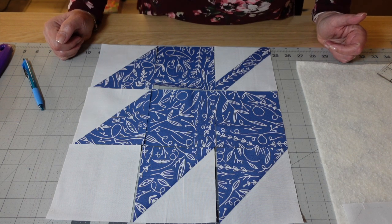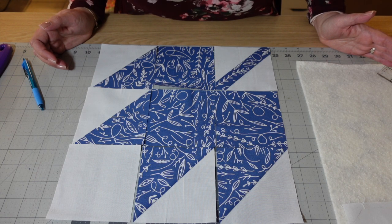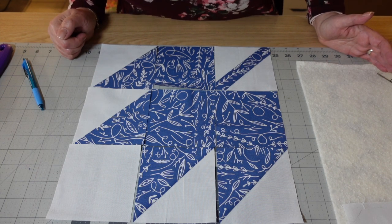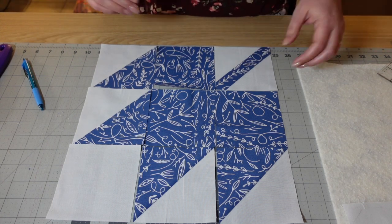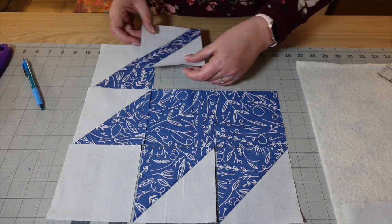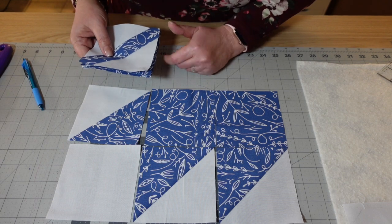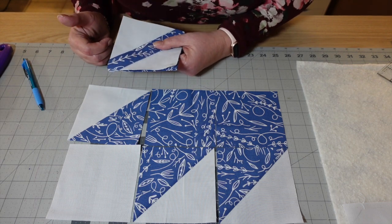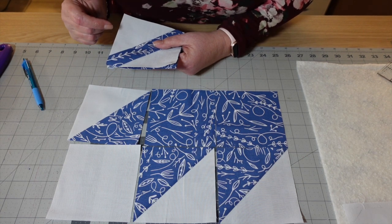And just like we've done for all of our blocks so far, we're going to sew these in rows and then sew the rows together. So I'm going to start with the bottom row. I just like to do that. So I'm going to take the first square, put it on top of the second and on top of the third, and take my little pile to the sewing machine and sew each one at a 1/4 inch seam allowance,